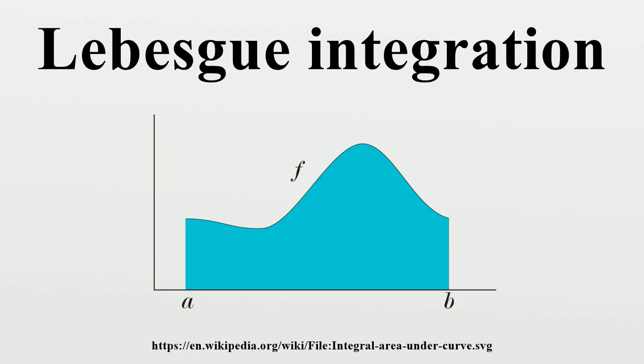The term Lebesgue integration can mean either the general theory of integration of a function with respect to a general measure, as introduced by Lebesgue, or the specific case of integration of a function defined on a subdomain of the real line with respect to Lebesgue measure. Introduction. The integral of a function f between limits a and b can be interpreted as the area under the graph of f. This is easy to understand for familiar functions such as polynomials, but what does it mean for more exotic functions? In general, for which class of functions does area under the curve make sense? The answer to this question has great